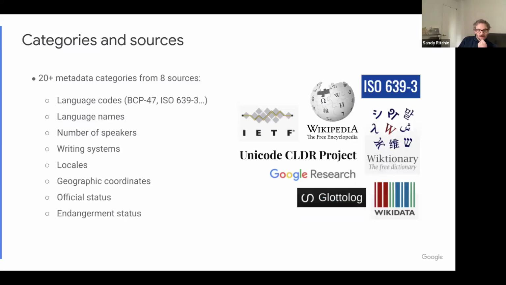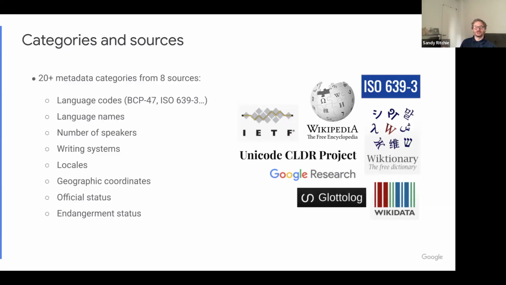So yeah, there are 20 metadata categories in LinguaMeta from 8 different sources. The sources are there on the right. And we include language codes, so different standards, the BCP standard, the ISO 639 standard. Then we include language names, which I'll talk a bit more about in a bit. It's probably the most